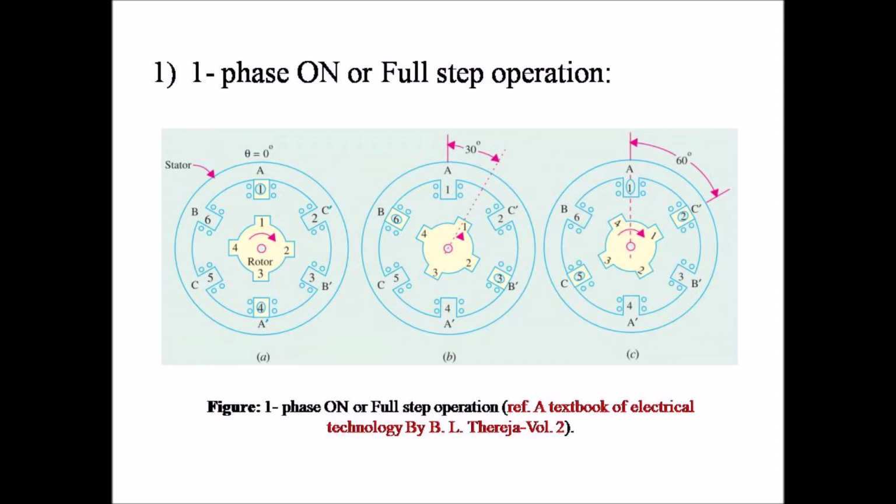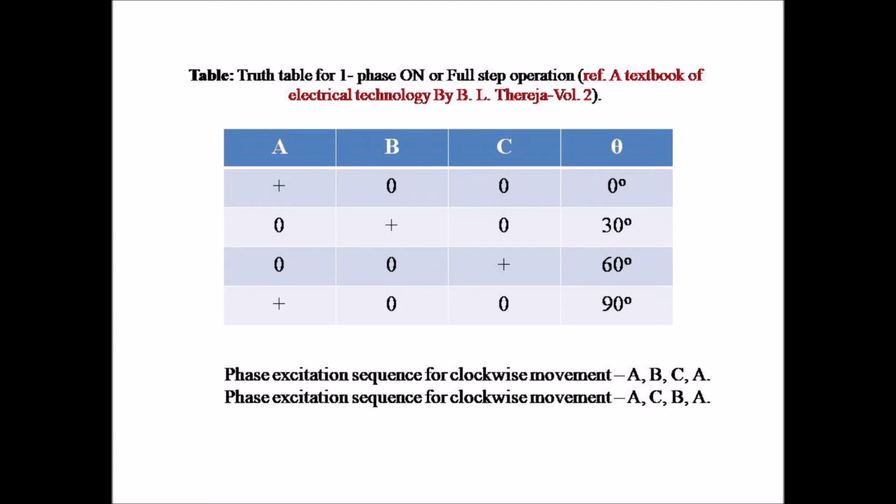When phase B is energized, the rotor moves to the new position with rotor teeth 2 and 4 aligning with stator teeth 3 and 6, resulting in the clockwise movement of the rotor by 30 degrees. Next, energizing phase C, the rotor moves such that the rotor teeth 1 and 3 line up with the stator teeth 2 and 5, resulting in further clockwise movement of the rotor by 30 degrees. Thus, as the phases are excited in the sequence phase A, then B, then C and then A,